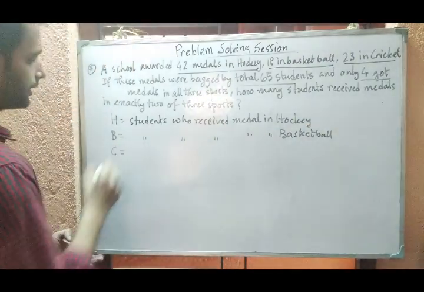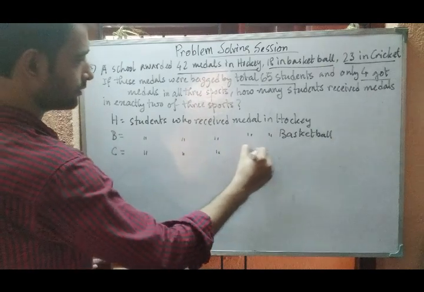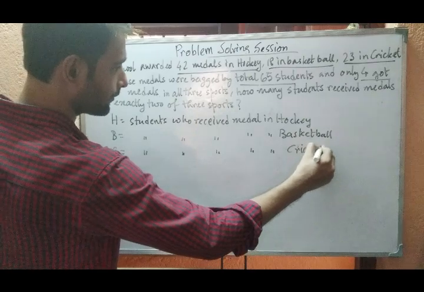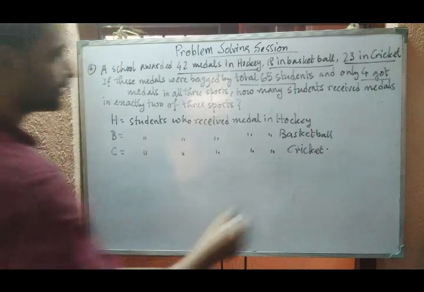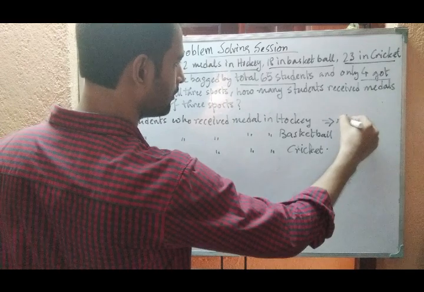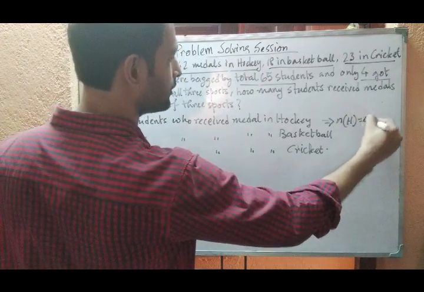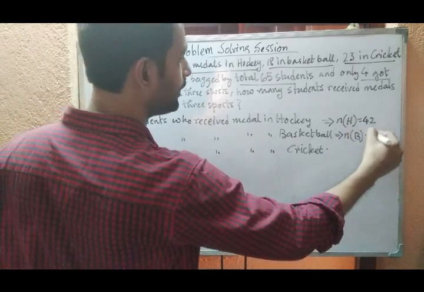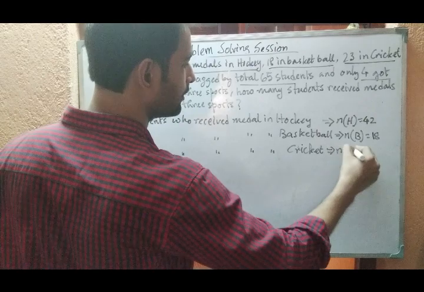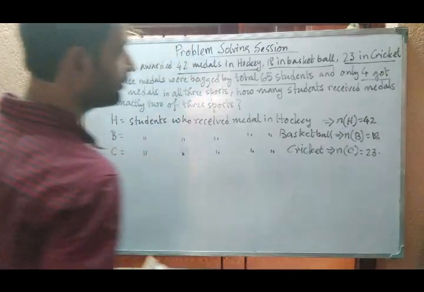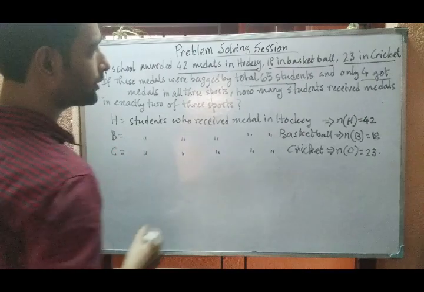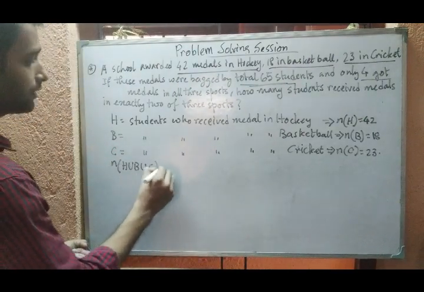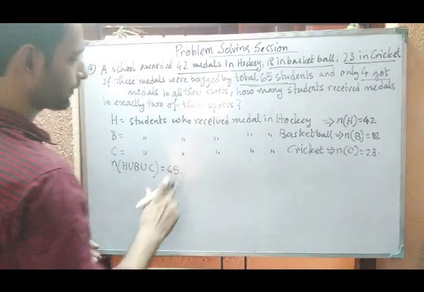Same goes for cricket also, that is C. In cricket. So if these are the 3 sets, what are their numbers? You can say n of H is 42, n of B is 18 and n of C is 23. Also from this, that is the total students, we can write n of H union B union C is 65,